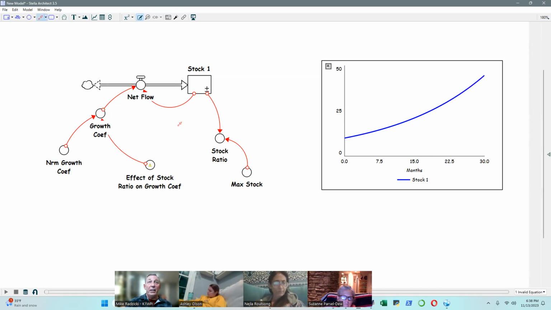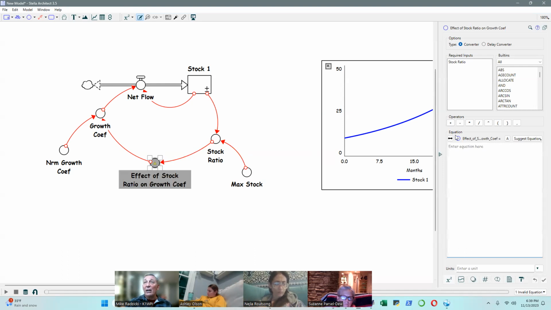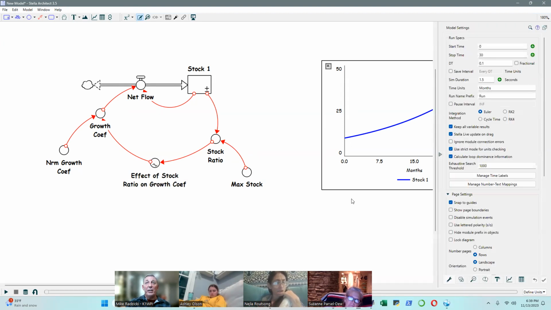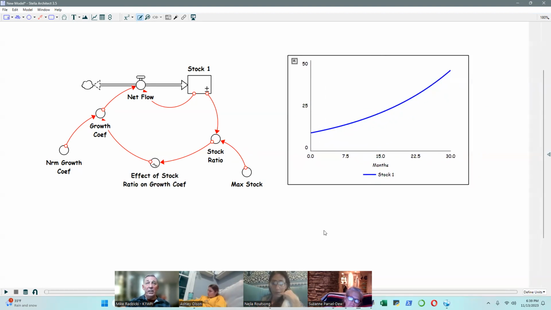And the effect can be coming from elsewhere in the system. I mean, not this stock, or it can be coming from that stock. It doesn't matter. And we can say it's the effect of the stock ratio. So the stock ratio is going to be on the x-axis, and we're going to make a quick table function here. Something like this. We say this is going to go from 1 to 0 and 1 to 0. I'm going to do this much more slowly when we do table functions in just a minute here. But right now, I just want to get into